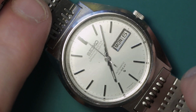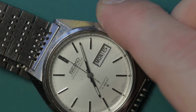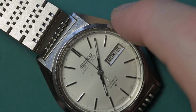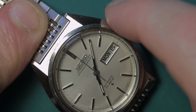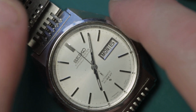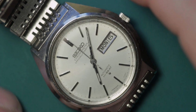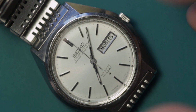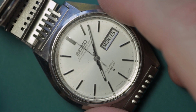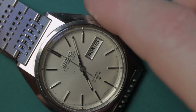A Japanese certified chronometer? Really? Yes, indeed. And these are interesting because these came about from the Japanese, or Seiko specifically, back in the 60s, making movements and testing them to COSC standards, as it were. COSC standing for Contrôle Officiel Suisse de Chronometer. And it is the organisation, as many of you will know, which test and approve Swiss movements, exclusively Swiss movements